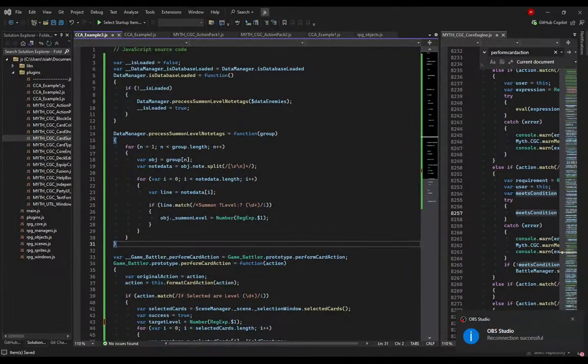Oh, but it's taking much longer to reconnect. Okay, there we go. Okay, so